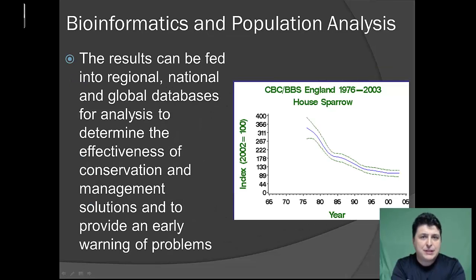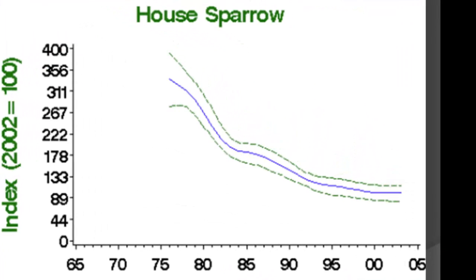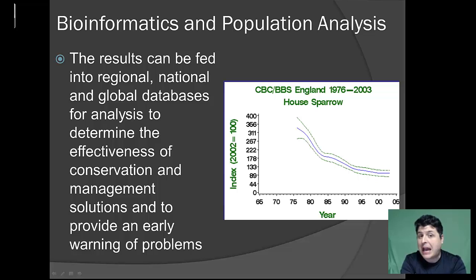Now, the results of population analysis can be fed into regional, national, and global databases for analysis to determine the effectiveness of conservation and management solutions and to provide an early warning of problems. For example, if we examine this graph that illustrates the population data for the house sparrow in England from 1976 to 2003, we can see that the population is in decline. By analyzing this data and relating it to other data, like for example the introduction of the house cat, we might be able to establish the reasonings behind the decline of this population and come up with a reasonable plan